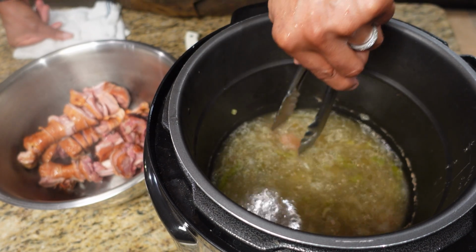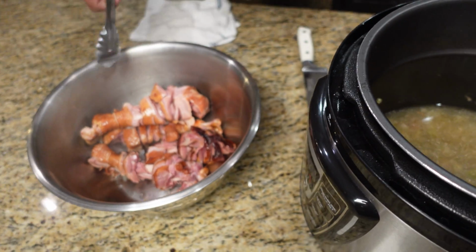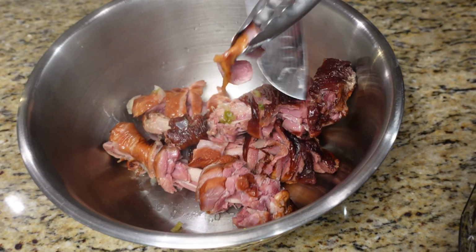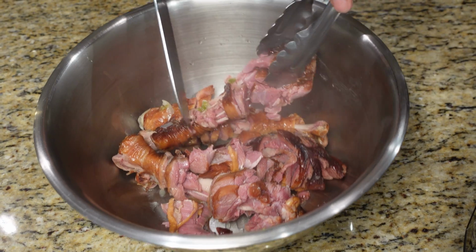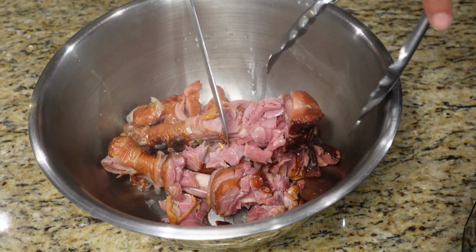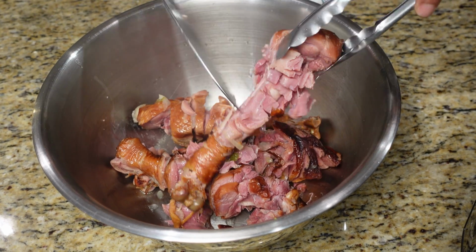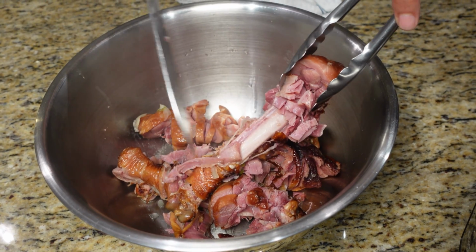And now we're going to get these into the basket. Now I'm just going to show you. Now these are hot. But what you want to do when these cool down is pull all this meat right off the bone. Just like that. It's going to pull nicely off of there. You can just cut it like that. When this thing cools down, I can't touch it now, but just go like that and pull all that meat right off the bone. So we're going to get the pull on this, and then we're going to meet you